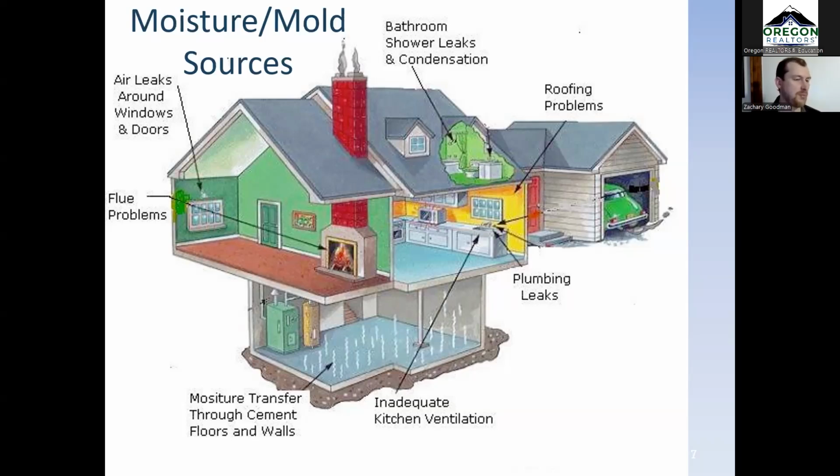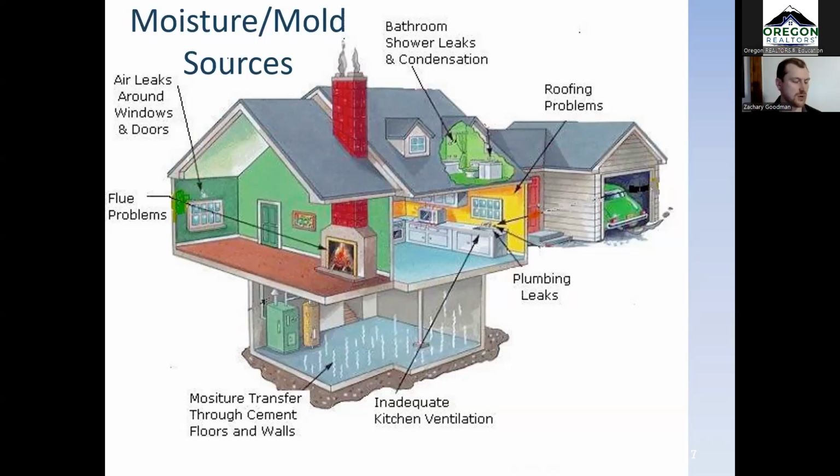Bathrooms is probably the number one culprit of mold growth in all houses, either from actual buildup in the bathroom itself, or in the attic space, generally directly above those, where the fans are exhausting the vapors from shower use, from general bathroom use, out into the atmosphere. There are cases, obviously, where there's plumbing leaks, small or large, and so we generally look around areas like sinks to see if there is any obvious plumbing issue that could be resulting of mold growth.